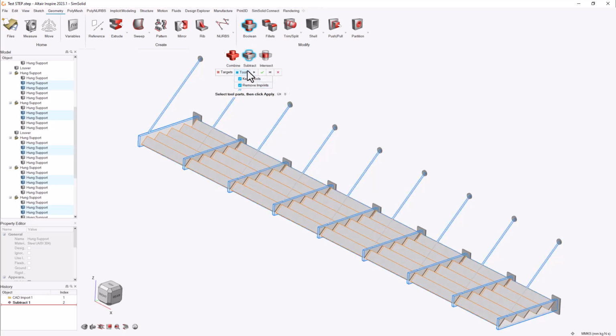And we have these options once we've selected our targets and our tools to decide whether or not we want to keep our tools. Again, the tools are showing up in blue, and the targets are showing up in this kind of orangey color. We can choose whether we want to keep the tools and whether we want to remove the imprints of those tools or not. I actually want both of these checked because I do want to remove the imprints from my particular object there, my targets. So I click apply,